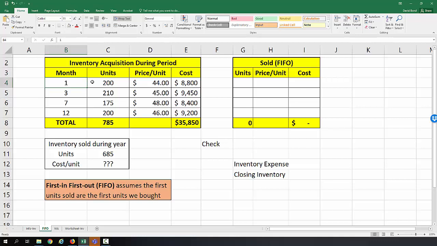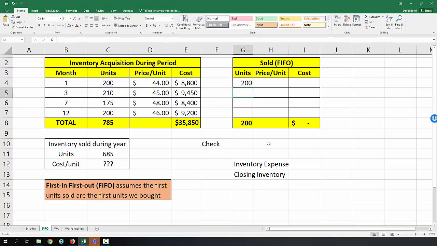Once we've sold all through those 200, the next group of 210, we sell through them, then 175, and then through the last tranche of 200, until we get to whatever point that we've sold them all. Now, this makes a lot of sense if you're selling, say, perishable goods, because it's unlikely the goods that you purchase in month 1, you would still have on hand by month 12. So you would be selling these units first, and so on, and so on, and so on. So to do this,